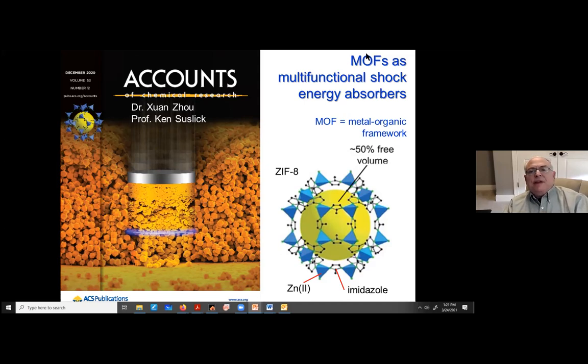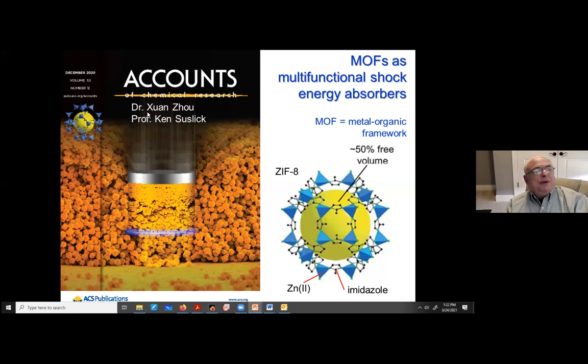And we came up with this idea, which actually I think came from Ken Suslick, my colleague, of using these things, metal organic frameworks, which are used these days for a million different applications. The metal organic framework here, this is an inorganic chemist's drawing of it. What you want to recognize is the big yellow ball really represents empty space. So what you have is a zinc atom and an organic molecule and another zinc atom forming kind of a cubic structure. So this is a nanoporous material, and it consists of these vertices and these intermediate organic molecules. And the stuff we're using has about 50% free volume.